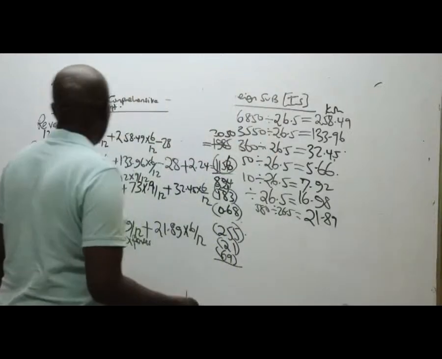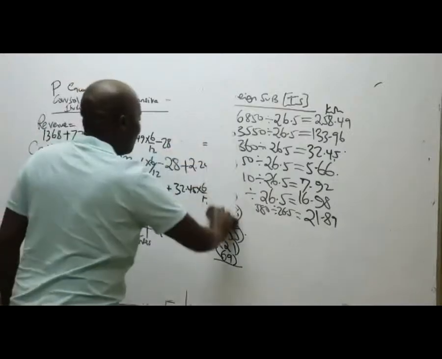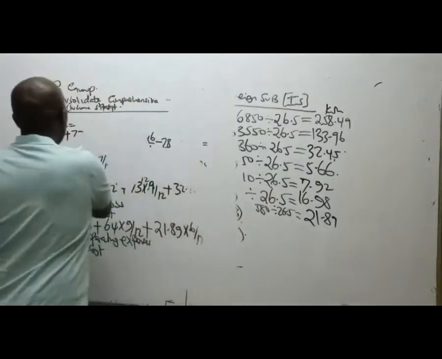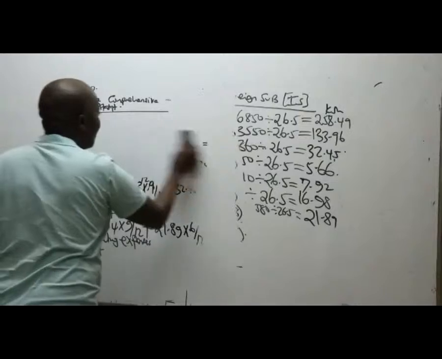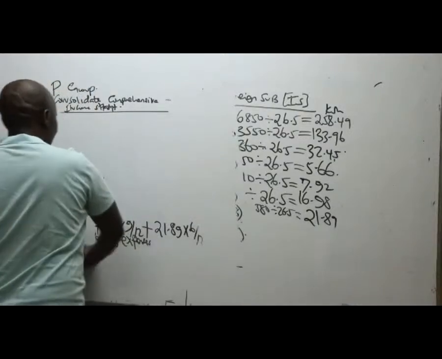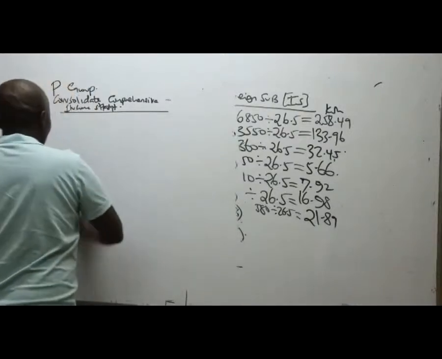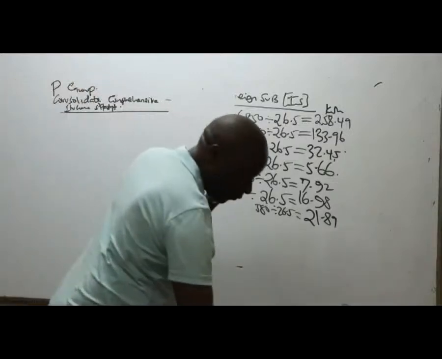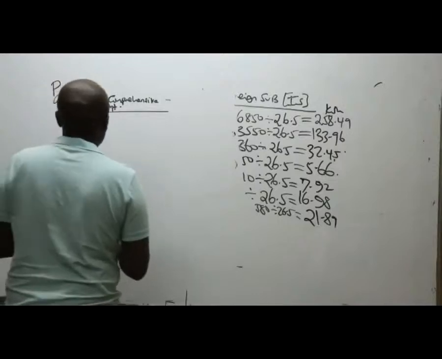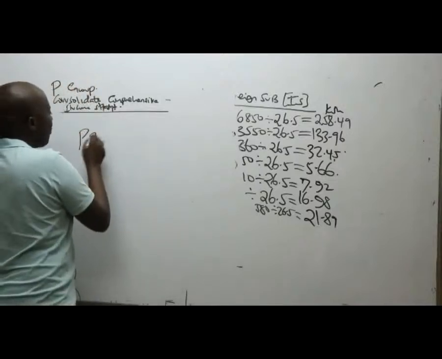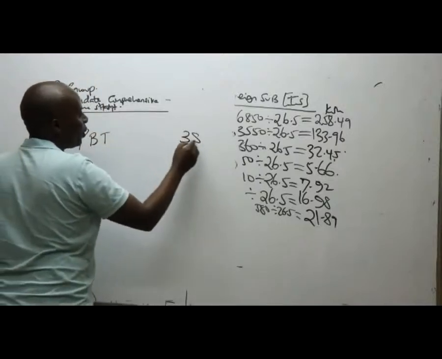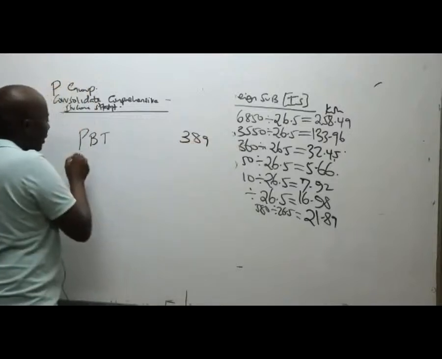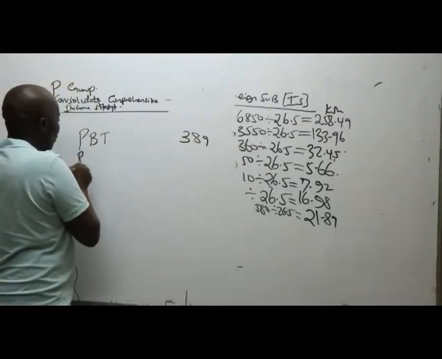Once you get this profit before tax, if you recall your published accounts, ladies and gentlemen, once you get the profit before taxation, now you will come and bring the share of profit from the joint venture. So in this case, profit before tax, I'm being told, is 389. So come and give us here a share of profit